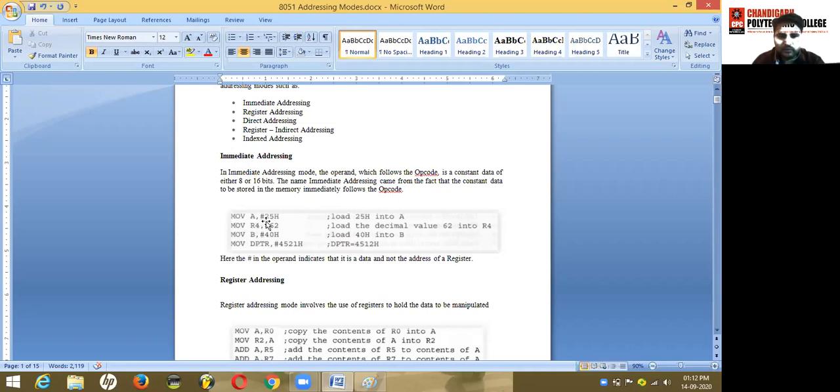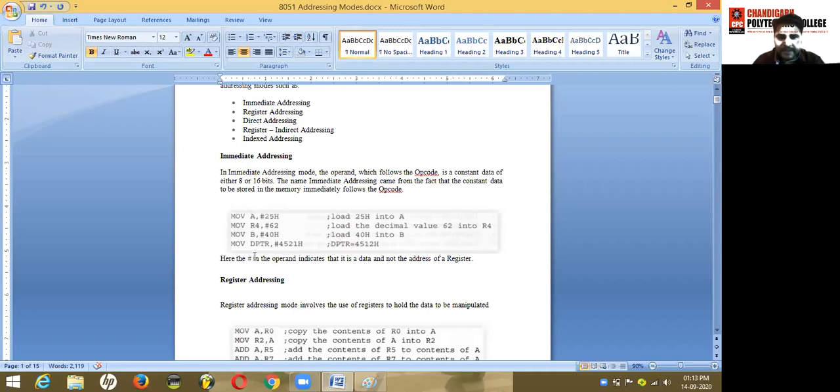As you can see in this example, MOV A, #25h. 25h is the data that has been loaded in the accumulator register after the opcode. 25h is the operand and MOV is the opcode of this instruction, and after the opcode you have to place the operand immediately.